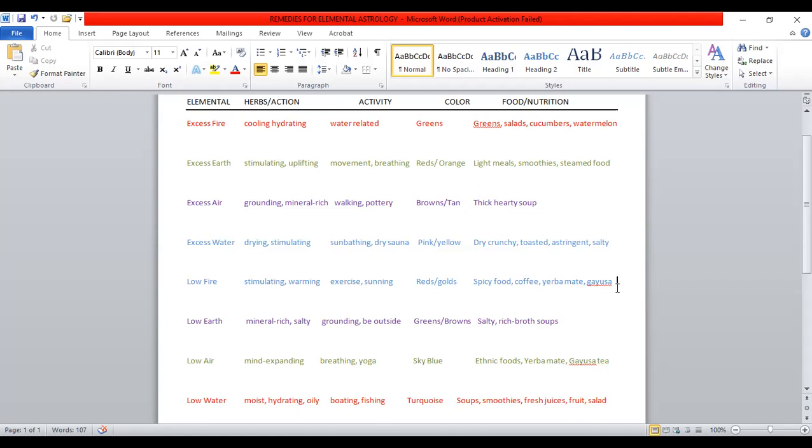Low earth. Low earth would benefit, their herbal action would be from anything mineral rich or salty, because there's no grounding there. There's no earth. They don't have the minerals. So they need to get the mineral rich foods. They need boron, from borax. They need iodine. They need all the trace minerals. They need the seaweeds, the plants that reach down into the earth and pull up a lot of the minerals,